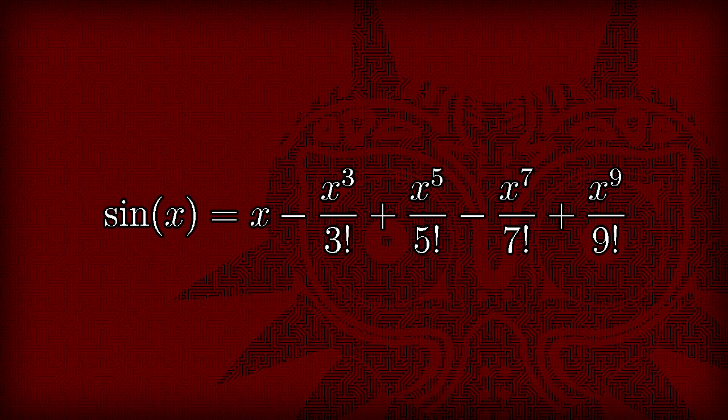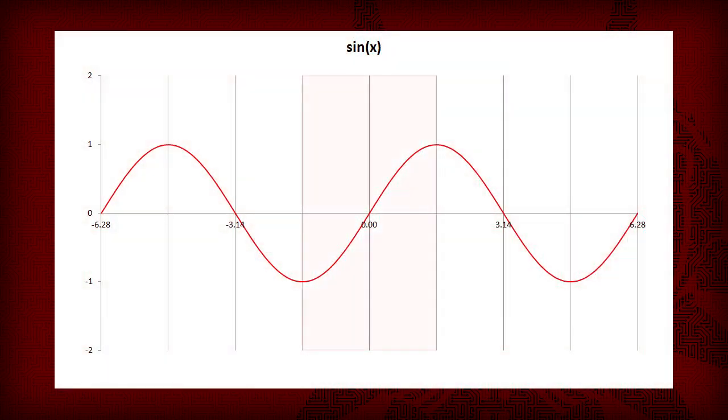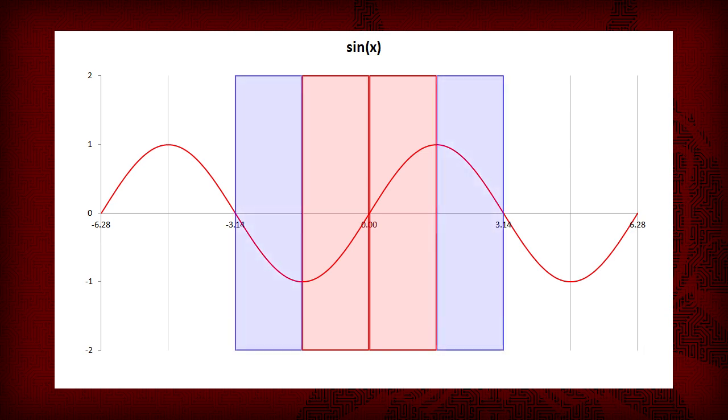So what happens if the angle is large? Well, for any angle greater than 2 radians, we instead calculate the result based on the distance from the input to its nearest multiple of pi. In the equation shown, the square brackets are used to denote rounding to the nearest integer. As this maps all inputs to a range of minus pi over 2 to pi over 2, we need to keep track of whether the factor of pi that we calculated was odd or even. For odd factors, the result then needs to change sign, as the remapped value will be in antiphase with the